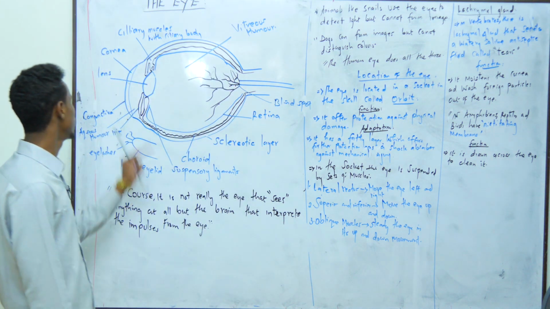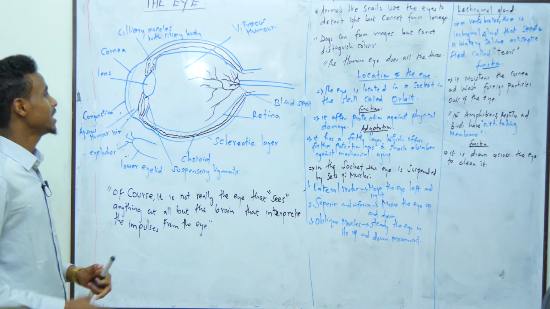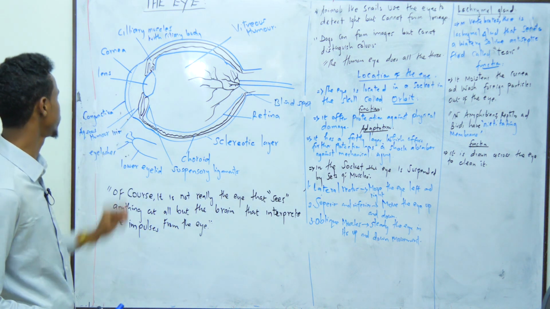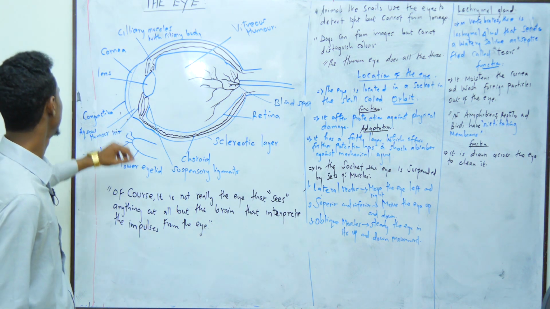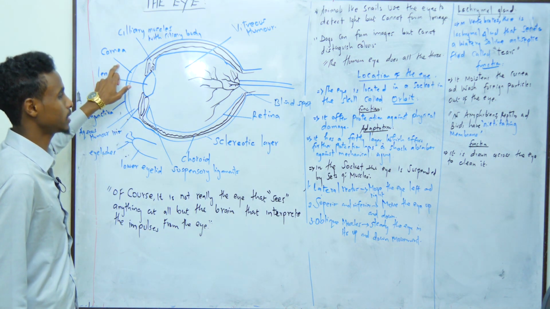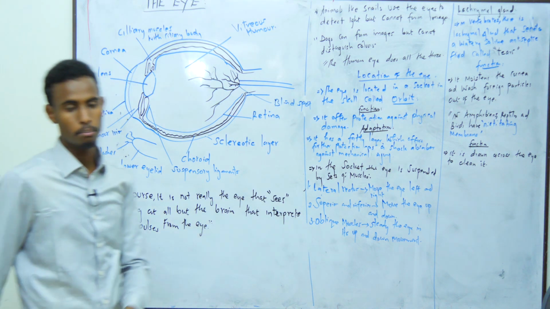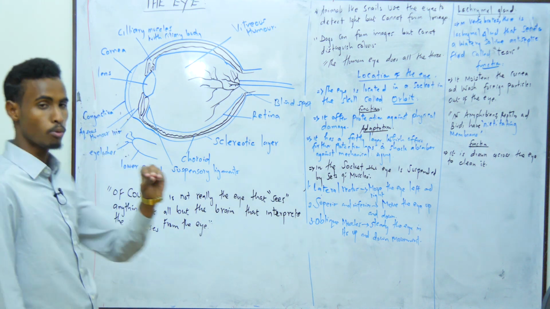Where is the cornea? This is the cornea. And therefore, we say that the watery saline antiseptic fluid secreted by the lacrimal gland of the eye washes away foreign particles out of the eye,